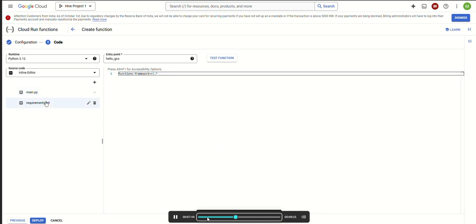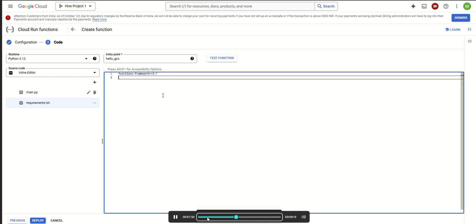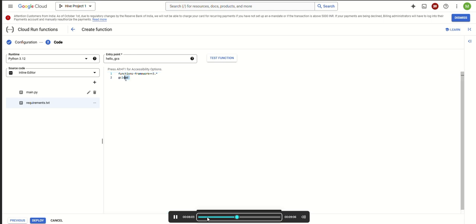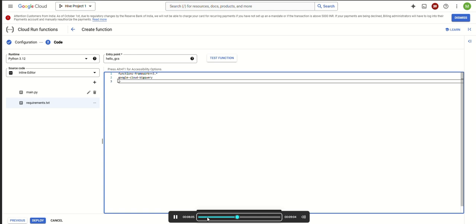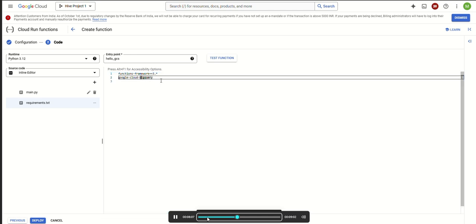So just paste it. In requirements we need to paste google-cloud-bigquery so that it can help in creation of the BigQuery part. So let's put it. Yeah, this has been pasted. Now we'll go to the next step, and